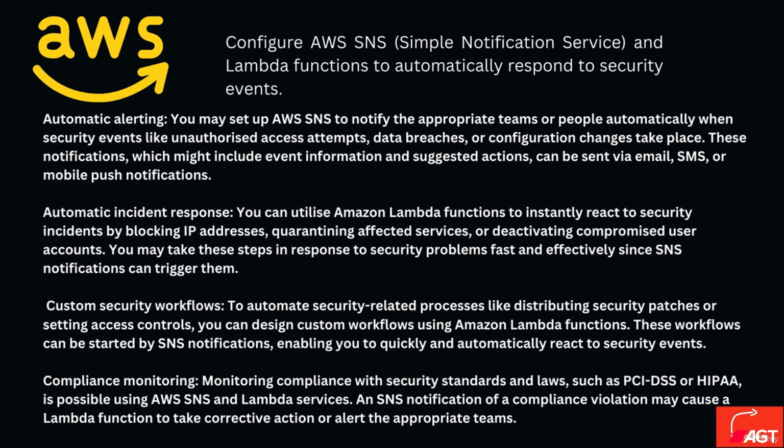Automatic incident response. You can utilize AWS Lambda functions to instantly react to security incidents by blocking IP addresses, quarantining affected services, or deactivating compromised user accounts. You may take these steps in response to security problems fast and effectively, since SNS notifications can trigger them. Custom security workflows. To automate security-related processes like distributing security patches or setting access controls, you can design custom workflows using AWS Lambda functions. These workflows can be started by SNS notifications, enabling you to quickly and automatically react to